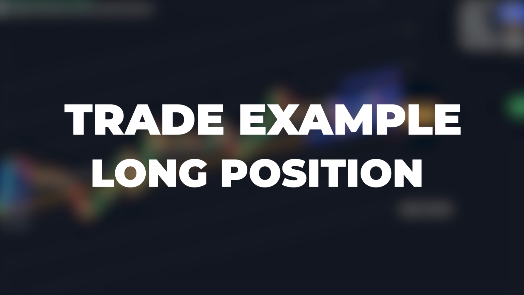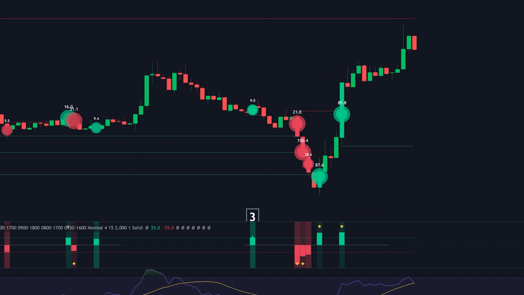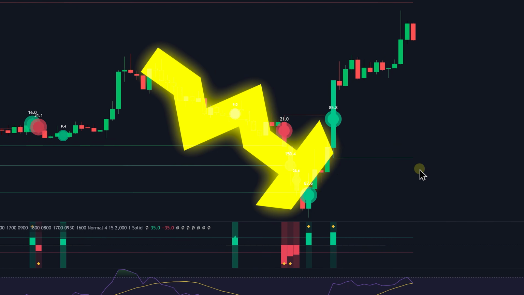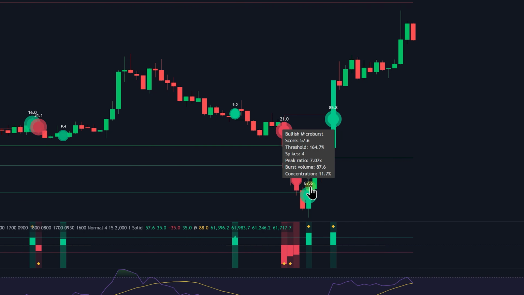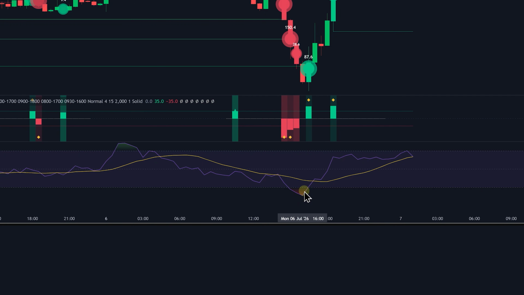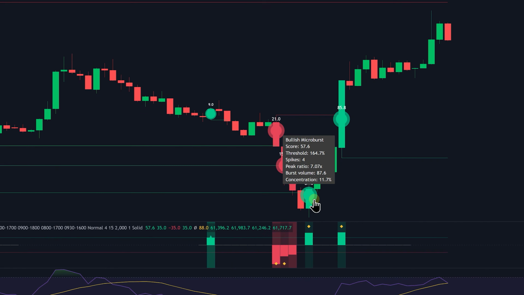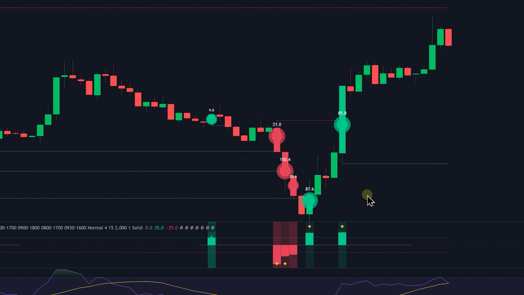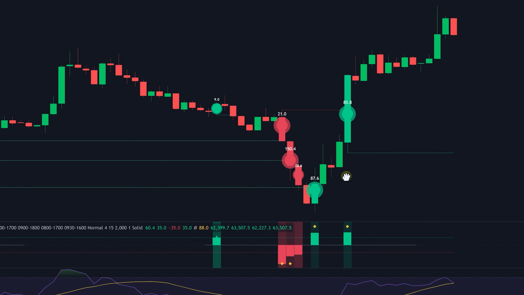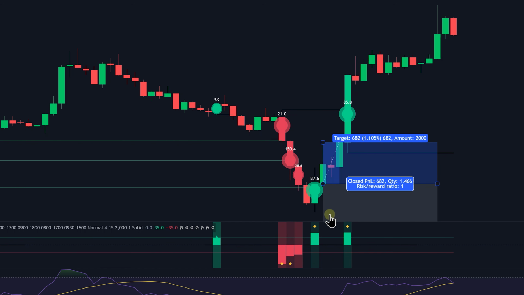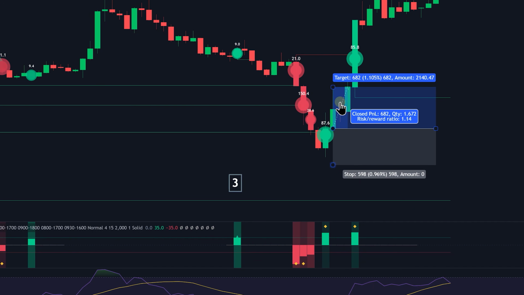Now, to take a long position, condition number 1 is simple. You want to be in a bearish trend, and the bearish trend should be overstretched to the downside so much so that the RSI goes below the 30 level and a red area like this one is printed. Once you have that, you start watching for a bullish microburst bubble to confirm that the price is going to reverse to the upside. Right here, you can see this is our bullish microburst. Once you have those two conditions, you take your long position, stop loss below the most recent swing low, the take profit at 1.5 times the risk, letting it run,